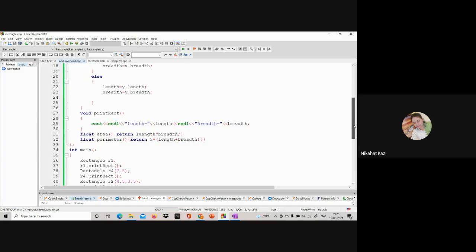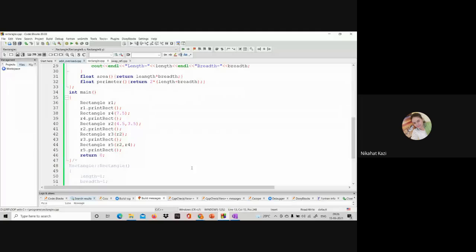That is what this constructor is doing. To call it, if you see the call at line number 44, the new object R5 will be either R2 or R4. R2 and R4 are already constructed and initialized.